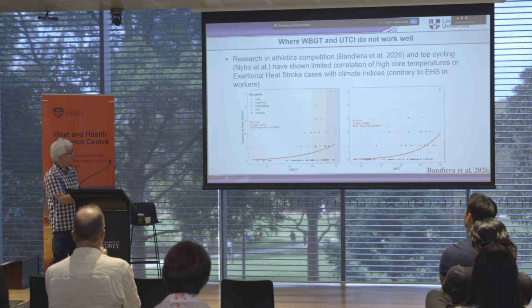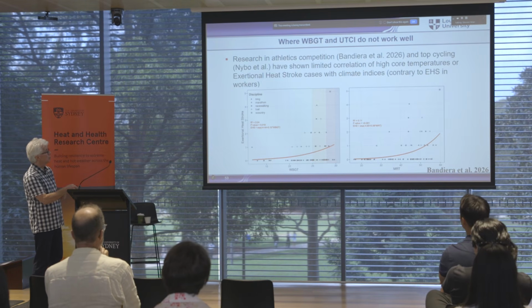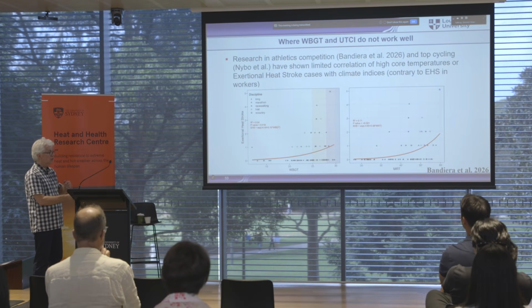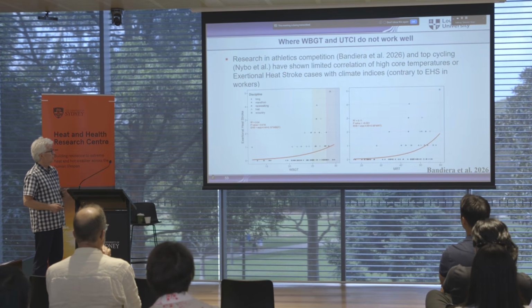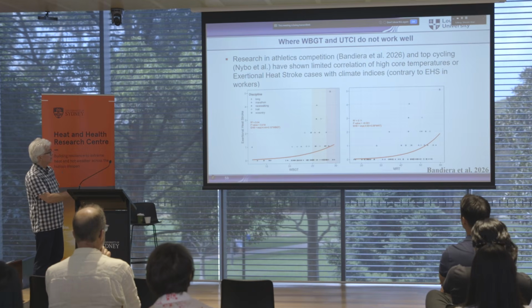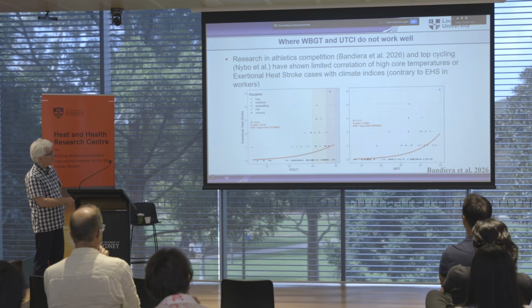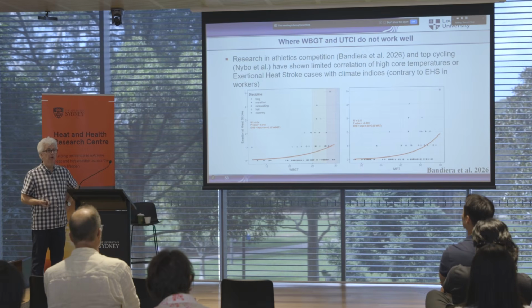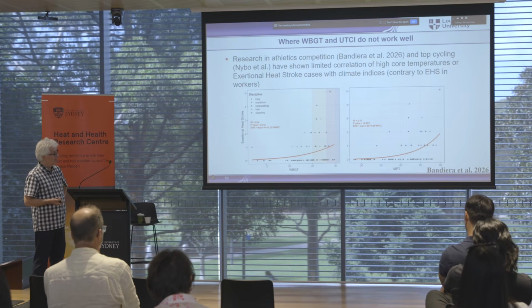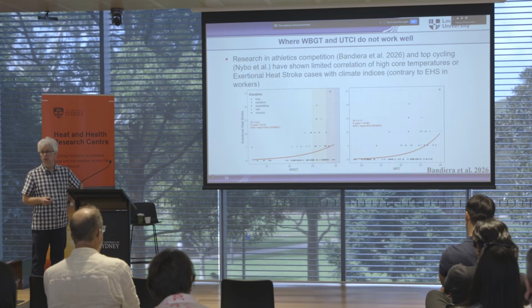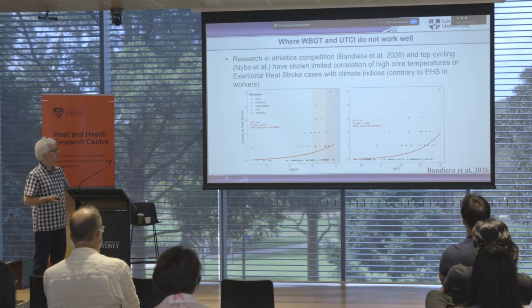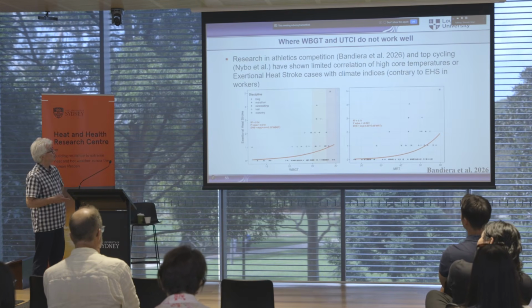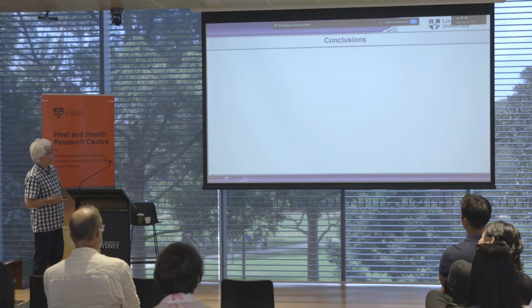And they find, in this example, they looked at exertional heat stroke occurrence against WBGT, so they didn't do it against UTCI, but I don't expect too much difference. And so this is the occurrence, 1, 2, 3, 4 at each condition for different races. And you see, well, that's the curve, but that doesn't represent what's really happening. So for these very high metabolic rates with WBGT, they didn't find a good relation. And I would expect UTCI would struggle with that as well if you don't adjust the metabolic rate.